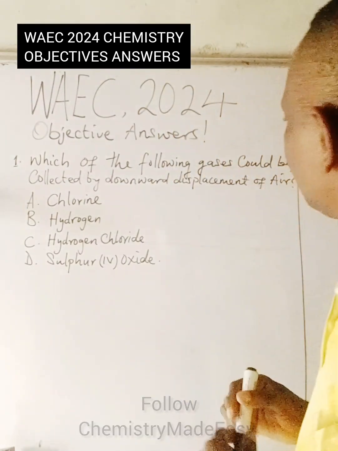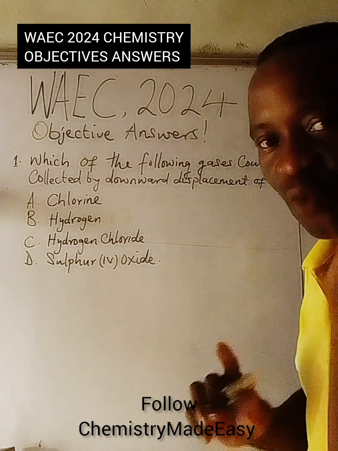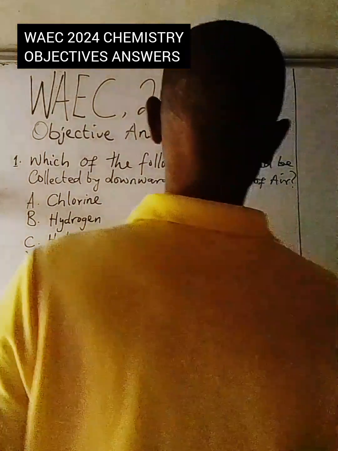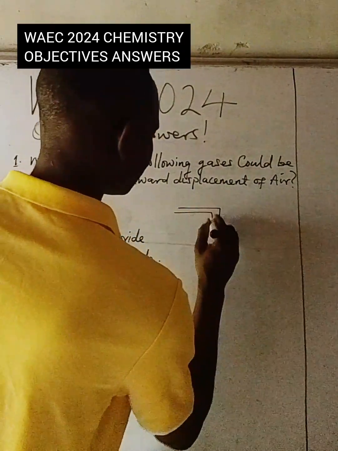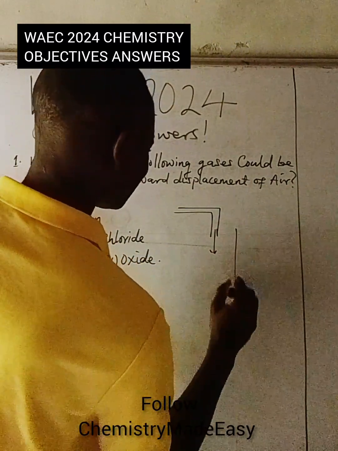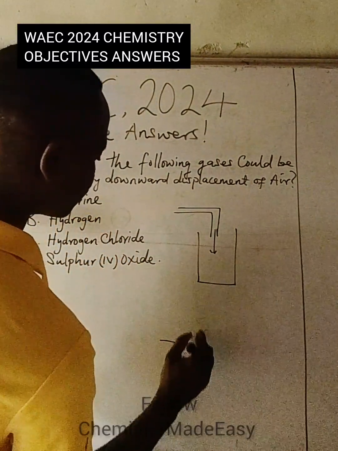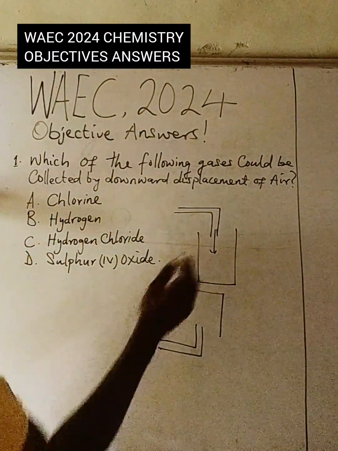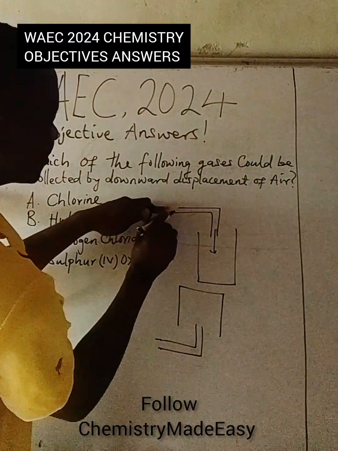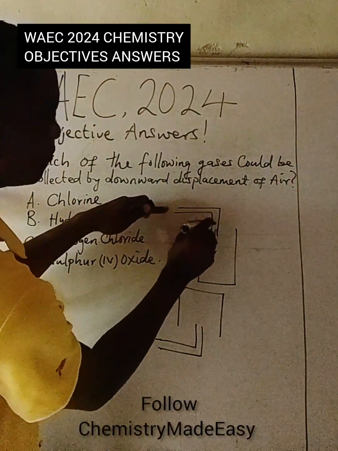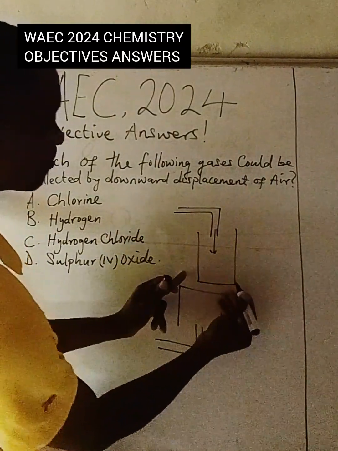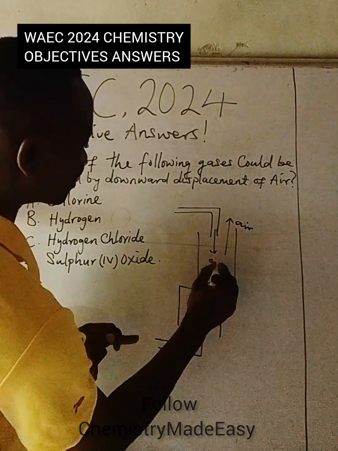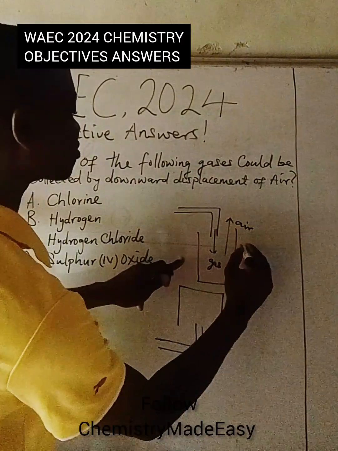There are two ways you can collect gas based on density. One, like this. Two, like this. Here, the gas is collected from the delivery tube and it goes down into a container. As it is going down, air is moving up. This is the gas coming down. Air moves up, and this is called upward